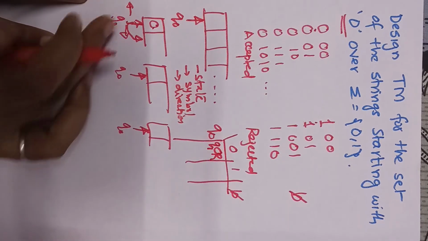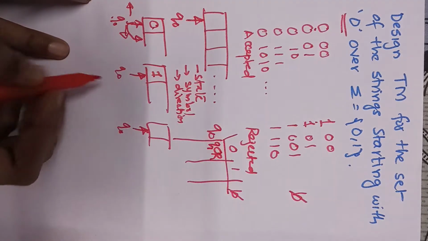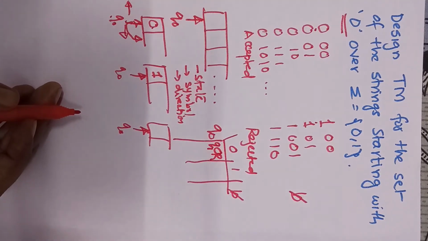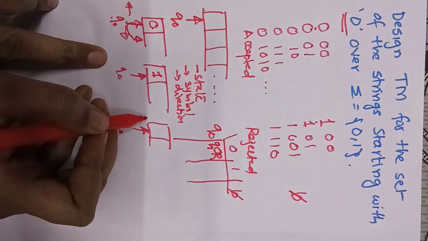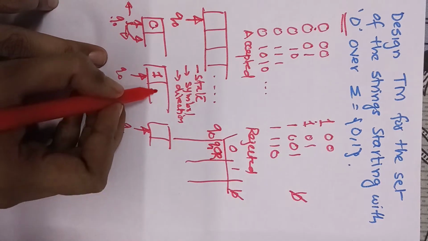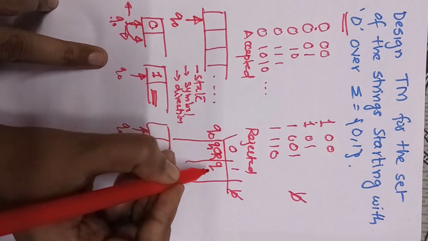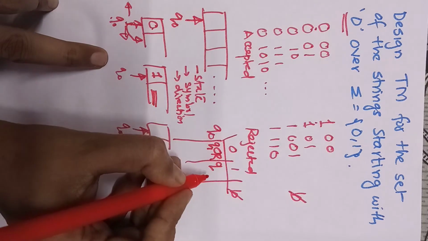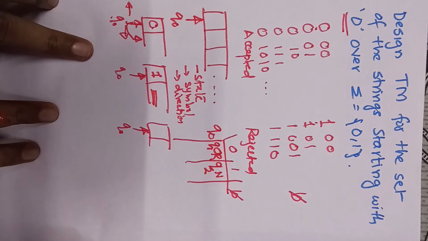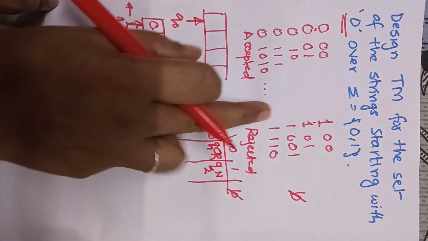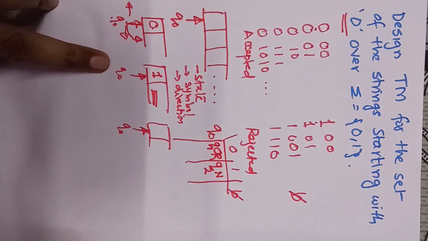Okay, now I have read 0. Now I'm going to read the rejected one, that is 1. So q0 with 1, what am I going to do? This q0 is on 1, this is the rejected string. Do I want to proceed further? No, I want to stop here only because I'm not interested in the leftover string. So I can change the state to represent that I'm not interested. So I can do q2 and no operation. That means I'm going to halt there, because after getting 1 at the first position, I'm not interested in reading the rest of the string.